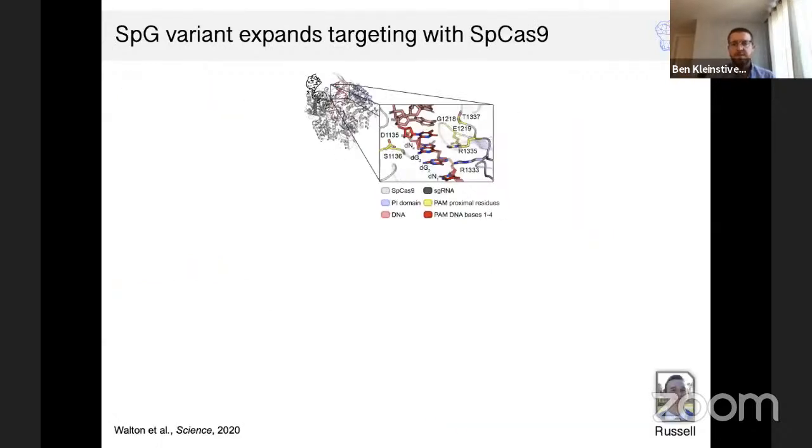I'll describe some of our recently published work that essentially takes that second approach, where we tried to make a version of SpCas9 that could target many sequences and was no longer constrained by a PAM. To do that, we used crystal structures through rational directed engineering, and basically asked if we made amino acid substitutions in parts of the protein that are important for contacting the PAM, can we essentially relax the requirement for a PAM and develop CRISPR molecules that can target more frequently throughout the